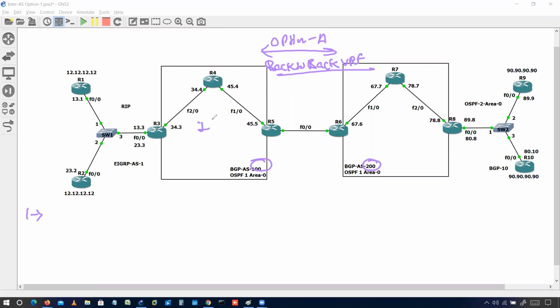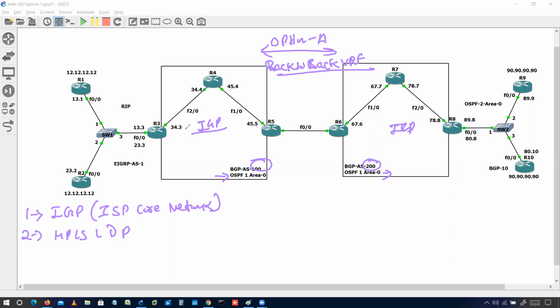I'll configure first of all an IGP protocol, that is OSPF 1, OSPF 1, in the ISP core networks. The second thing, over the IGP, I'll be using MPLS LDP. It means IGP first of all in both core networks, then I'll be running MPLS using that IGP. We are using OSPF, so we'll be using MPLS with OSPF here.